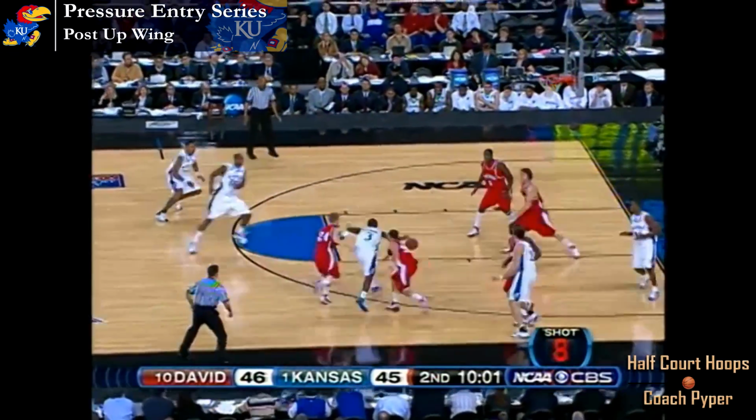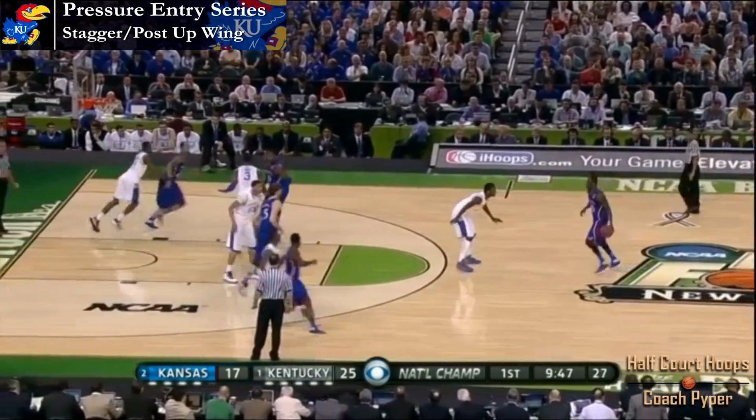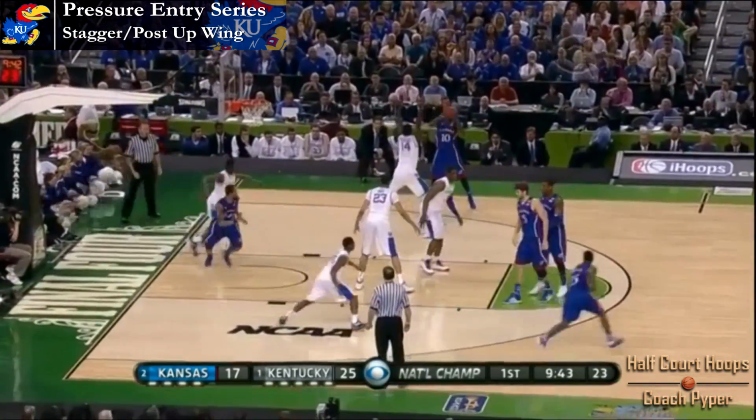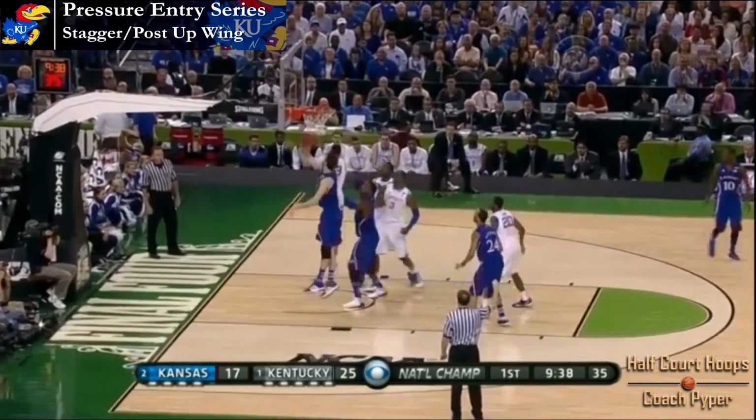Double team. Robinson to the basket. The kick and, boy, how was Teague that wide open on that particular